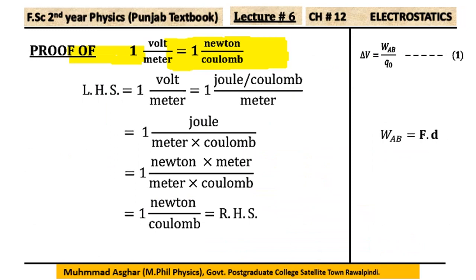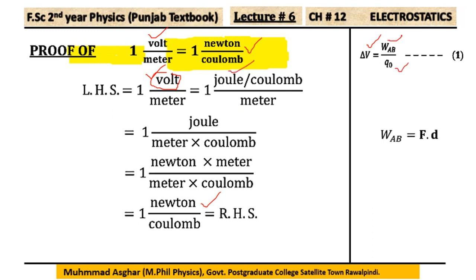जैसा कि हम जानते हैं कि इलेक्ट्रिक फील्ड इंटेंसिटी की एक यूनिट हमने न्यूटन पर कूलम पहले ही पढ़ी है, और यहाँ पे हमने एक नई यूनिट डिफाइन की वोल्ट पर मीटर। अगर ये दोनों यूनिट्स इलेक्ट्रिक फील्ड इंटेंसिटी की हैं तो दोनों को एक दूसरे के इक्वल होना चाहिए, और हम यहाँ इनको इक्वल प्रूव करेंगे कि 1 वोल्ट पर मीटर इज इक्वल टू 1 न्यूटन पर कूलम। Now we take the left hand side, volt per meter, using